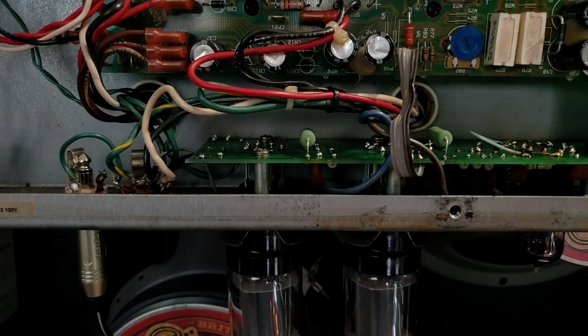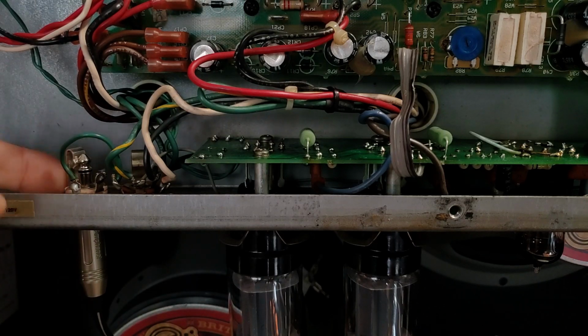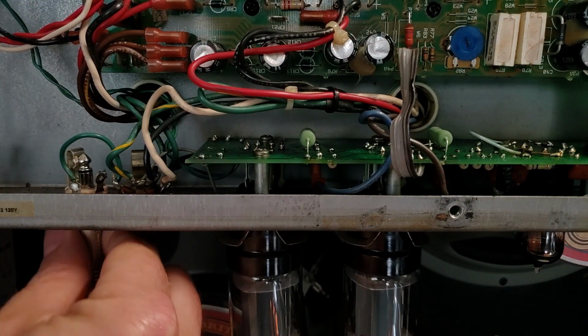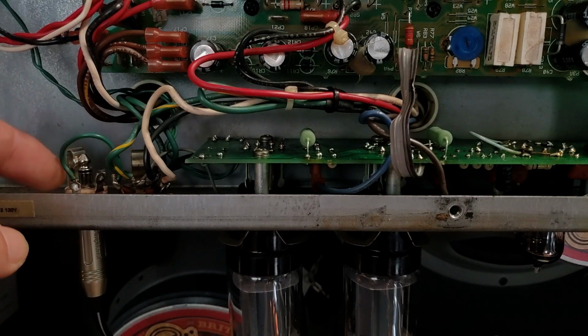And all seemed to be well, but I was giving it a little bit of a play. And I noticed that if I was playing really loud on really big low notes on the low E string, sometimes I'd hear just something. And it turns out that the original speaker jack here just had no mechanical tension left. It just would not grab this. I could just touch this jack and it would fall out. So it's got a new Switchcraft